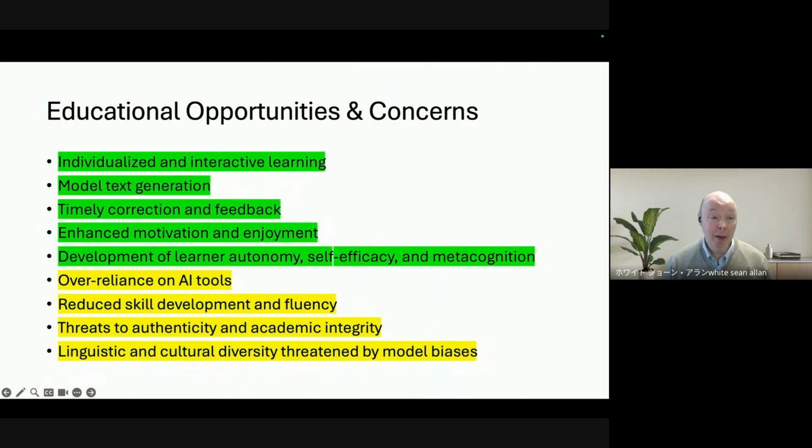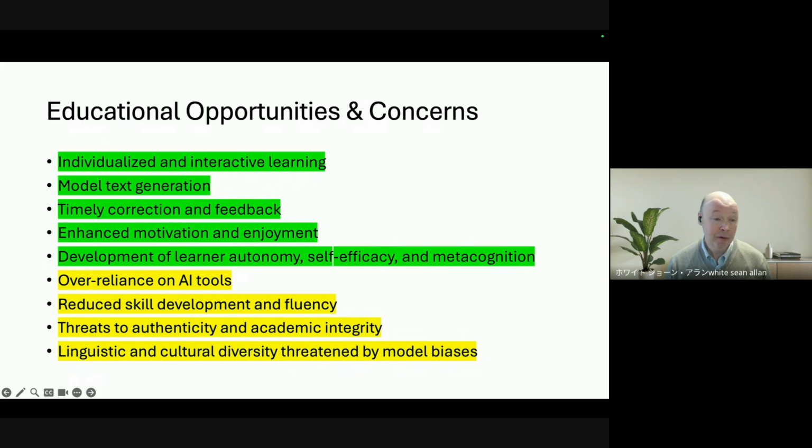As far as educational opportunities and concerns, I think people like me, people who are particularly interested in technology, and many others, of course, are finding the opportunities for individualized and interactive learning, model text generation, very timely correction and feedback, also enhanced motivation, enjoyment. These are things that are actually bearing out in empirical studies in language learning, in particular, education in general, and development of learner autonomy, self-efficacy, and metacognition are all things that are quite appealing, but at the same time,